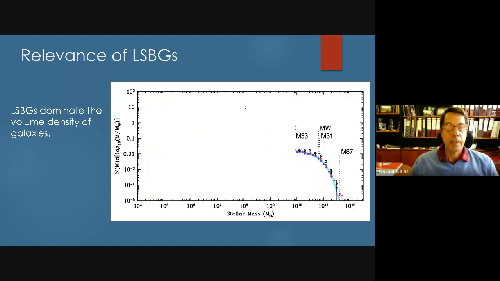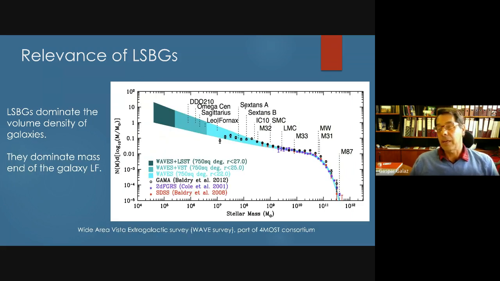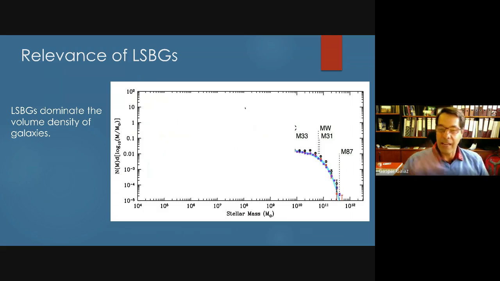Okay. Also, they dominate the stellar mass. Of course. Here you see, well, this is the typical luminosity function. I have cut this plot. Okay, that you observe typically at high surface brightness magnitudes.